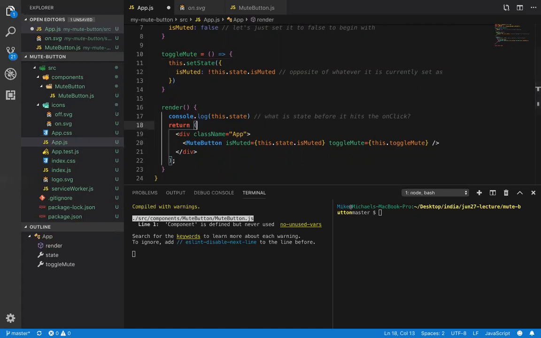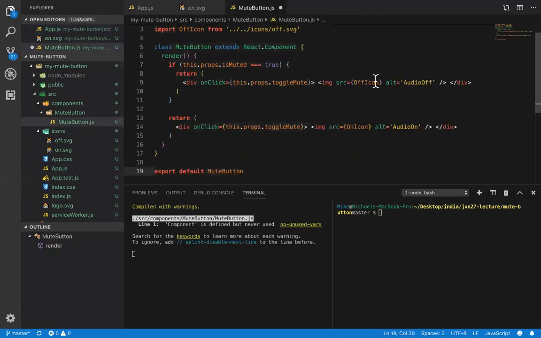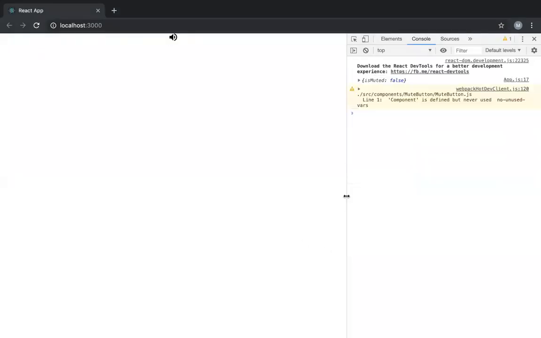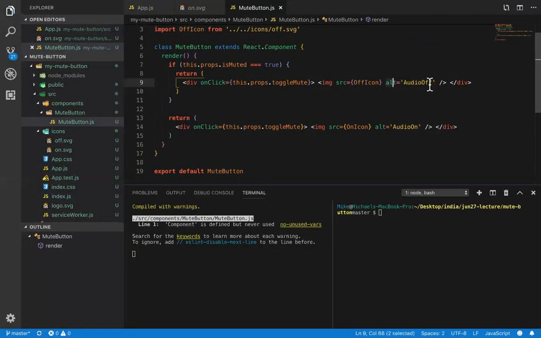Okay. Now let's put the image in here. So we go to mutebutton.js, and before, this is a little confusing, just because it makes the line longer, and before the lesson didn't have these alt tags, but React started yelling at me in the console. Like I was doing this lesson earlier, and if I don't have these alt tags,